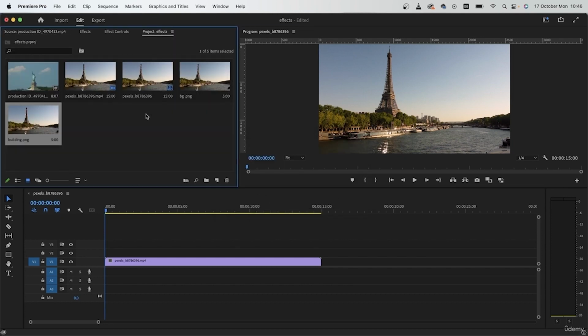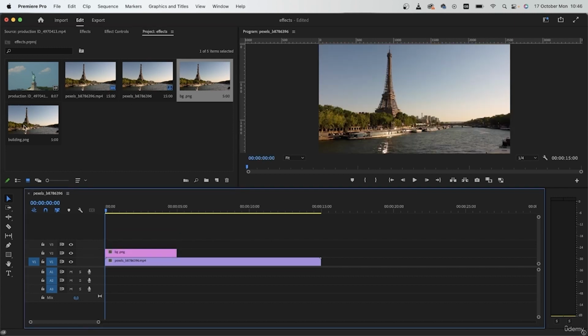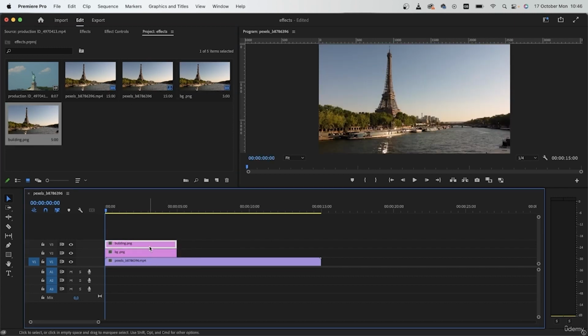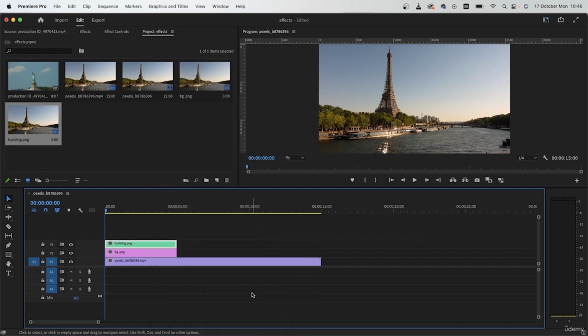Now go to your project panel and bring these right in. First the background and then the building. I'm going to change their color so we can stay organized as we go. Now disable the building, go to your background, make sure you're at the start. We're going to right click on this picture,